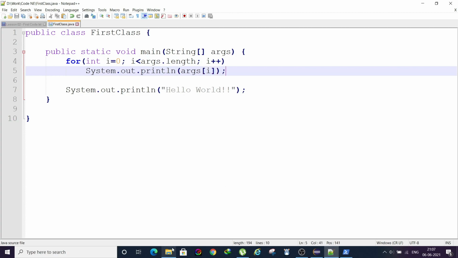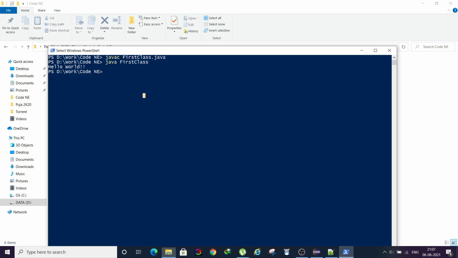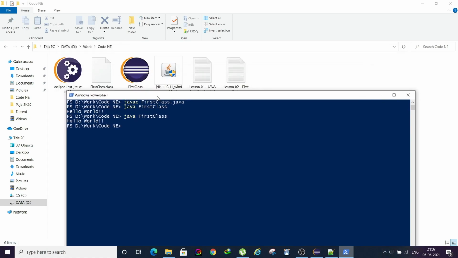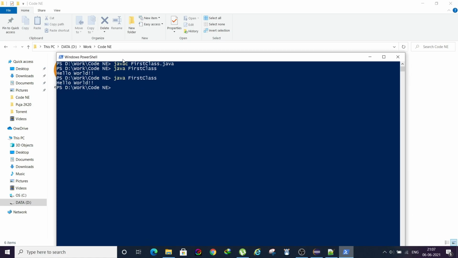Just save it. Now if we run this, will we be able to see our changes? No, because the class file is still the same. Whenever you are writing a Java code in Notepad and making a change in it, then remember you always need to compile it again.